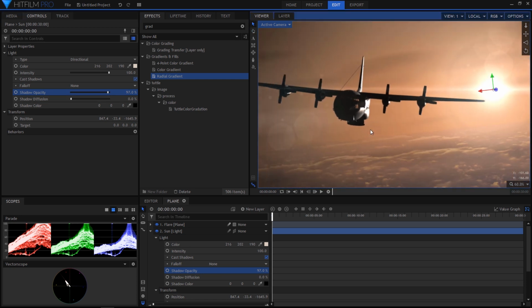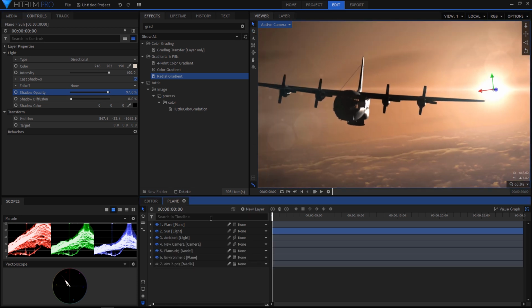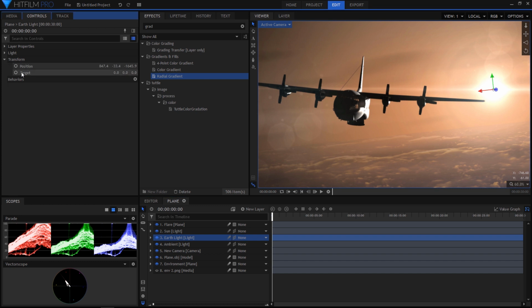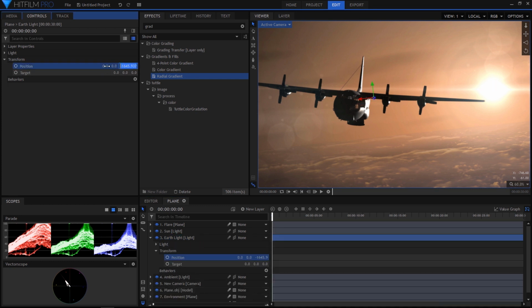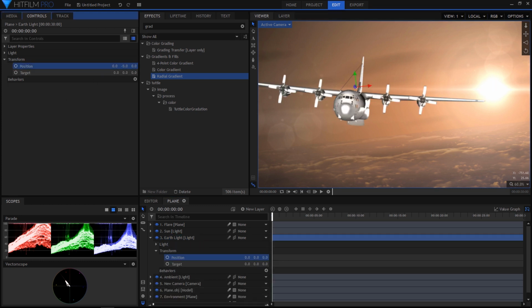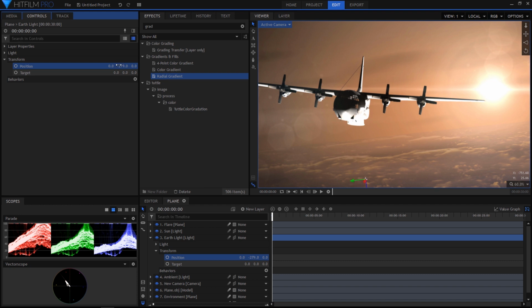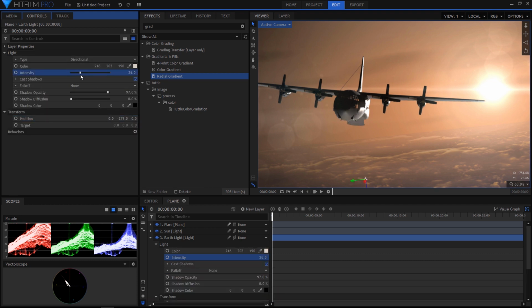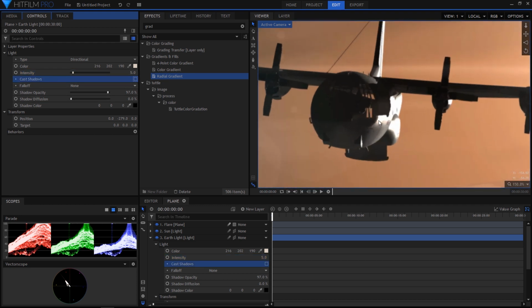Yeah, maybe 3%, alright. I will also duplicate the sun layer and use it as a reflection of the earth. Let's call it earth light, and put the position to 0, 0, 0 again. Put it down into the direction of the earth, and let's just put the intensity all the way down, and also no shadows.